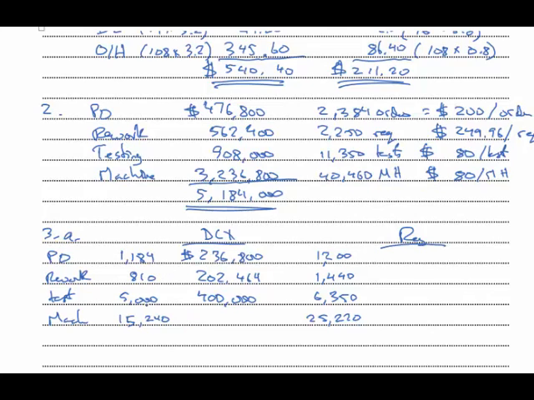And then $80 per machine hour times 15,240 is 1,219,200. Add all this up, 2,058,464. And then for the regular product,